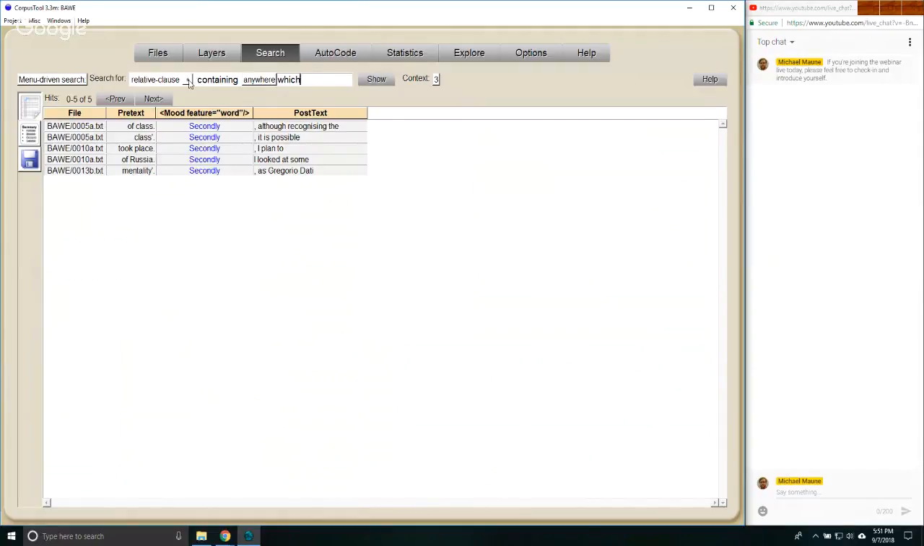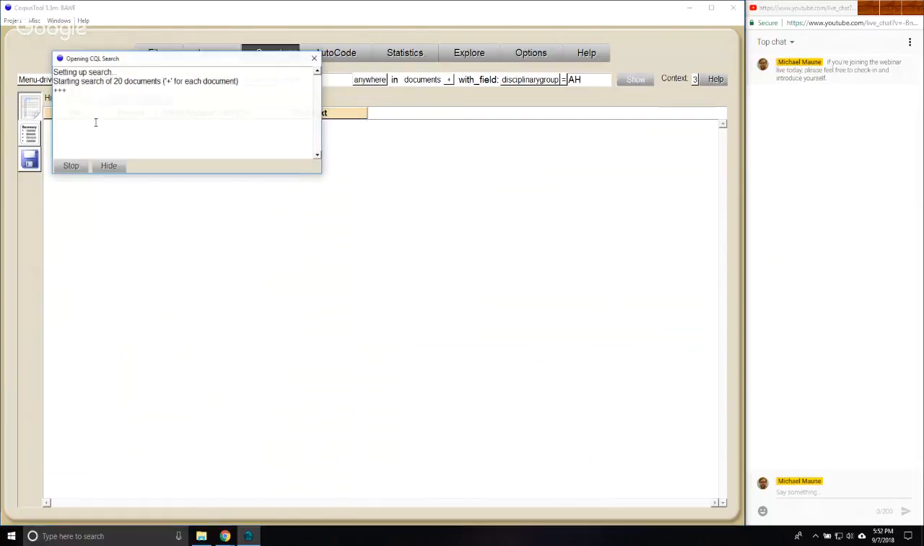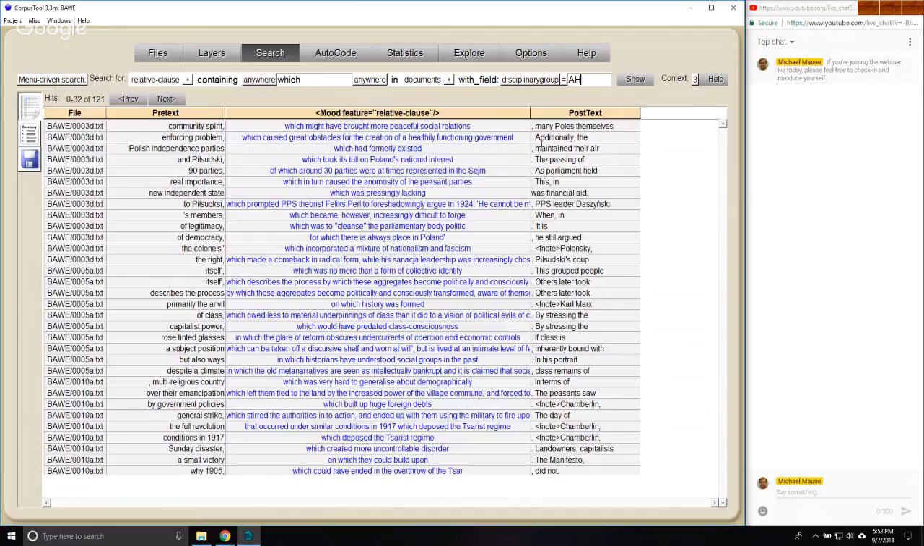And then we'll add the in segment documents with field disciplinary group AH. Actually, let's just do this. Okay. Because I only have so much time now. So we have 121 hits of which